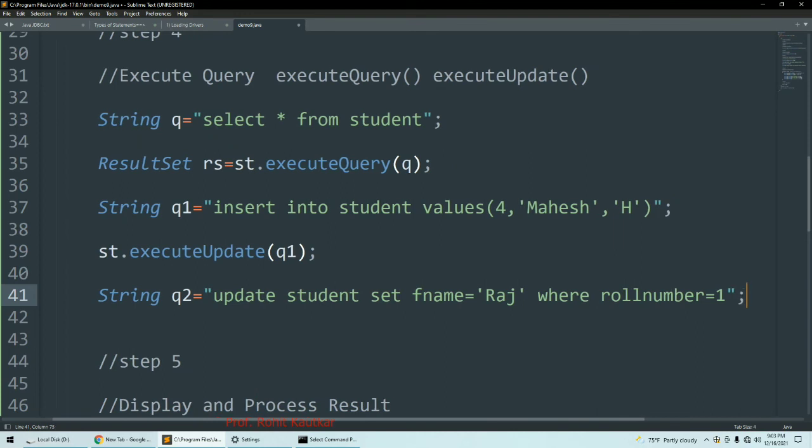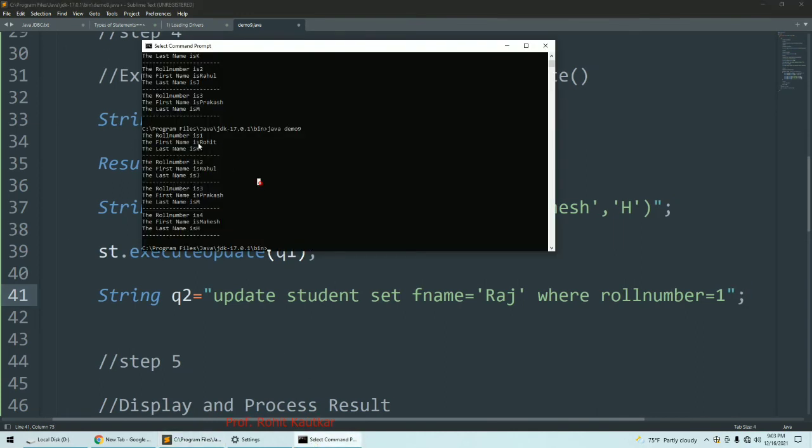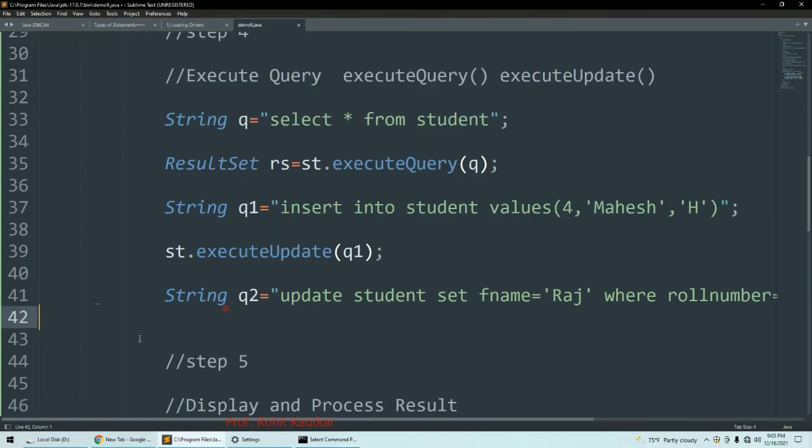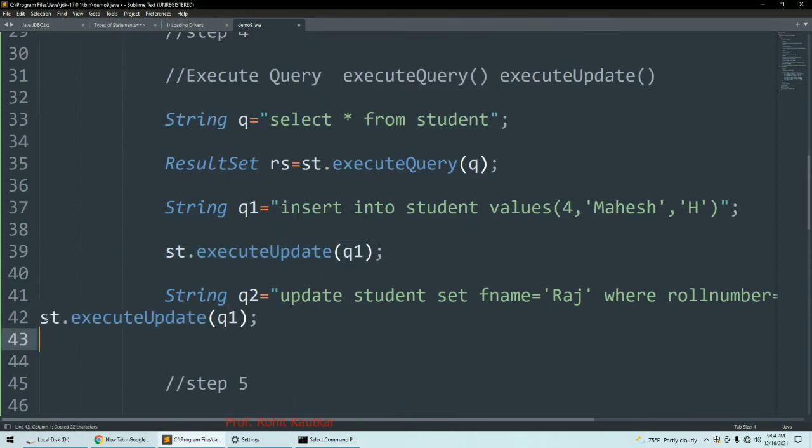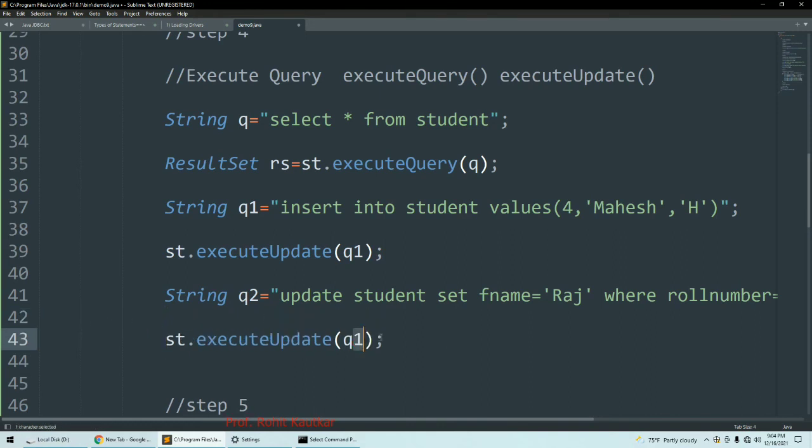Okay, this is our query. Now as you can see, roll number 1 has the name Rohit, so this will get updated to Raj after execution of this query. Again I will use the same statement, as this is an update query. So I will write here Q2.